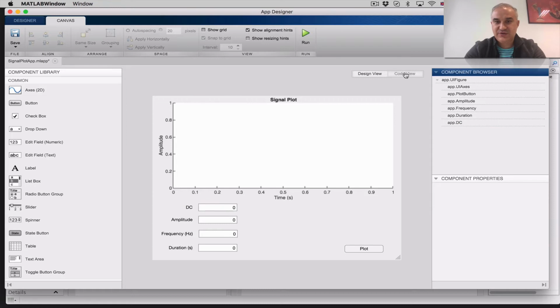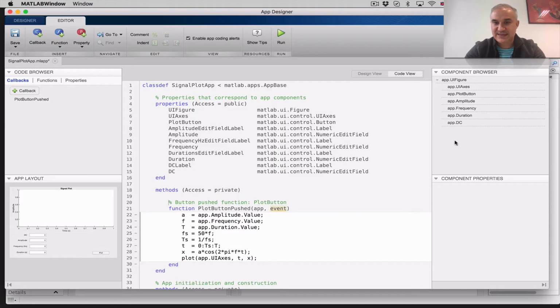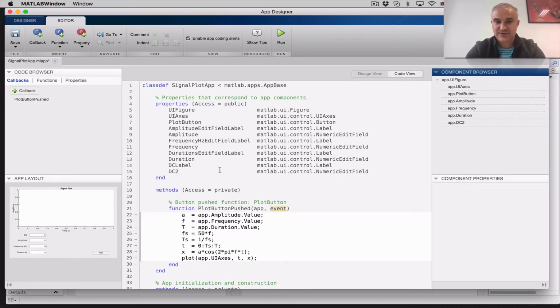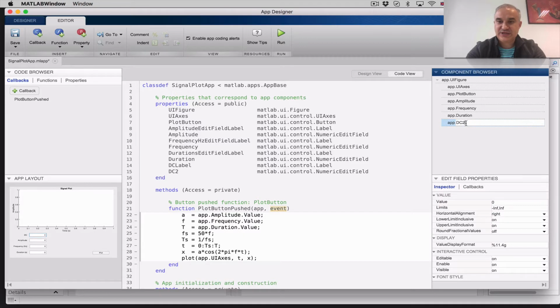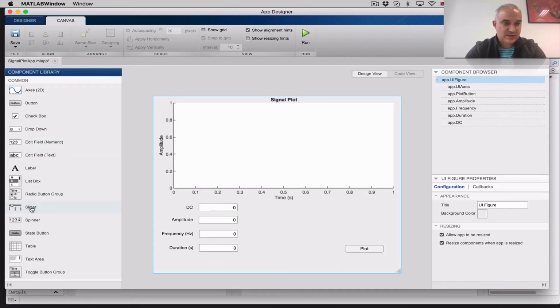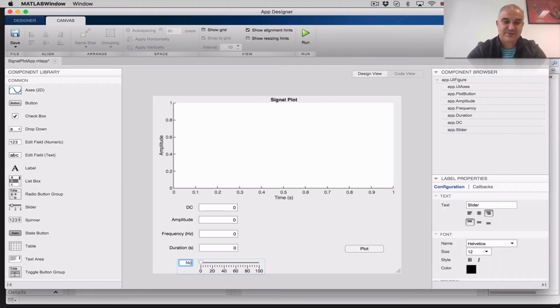I can mention that if you go to the code view, it automatically gets renamed to whatever you change the name to, right? DC2. There you go. You can see it here. So that's going to enable us to add a DC value. And I'm going to make this a little bit bigger. And let's enable the possibility of adding noise. So I'm going to say this is going to be like the noise amplitude,